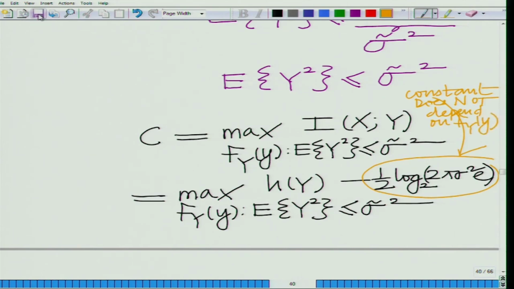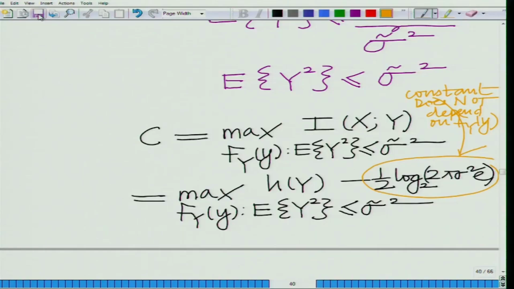Very interestingly, h of y given x, because given x, y is simply Gaussian noise with mean x and variance sigma square. So, h of y given x does not depend on sigma tilde, it does not depend on this. Okay. So, basically this is a constant, which means the only quantity that needs to be maximized